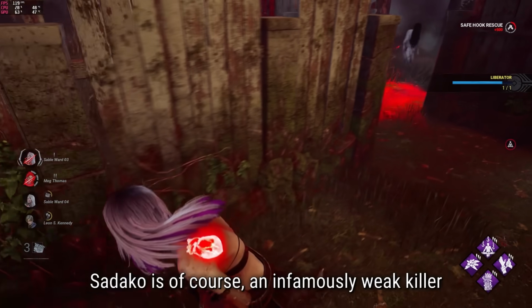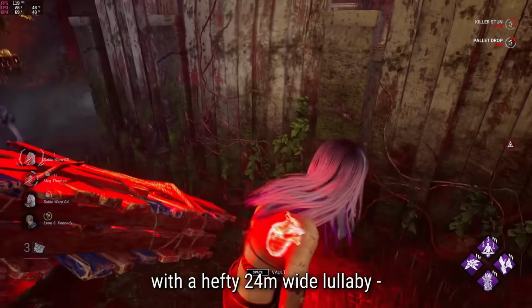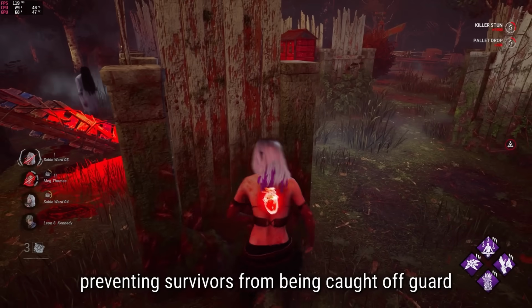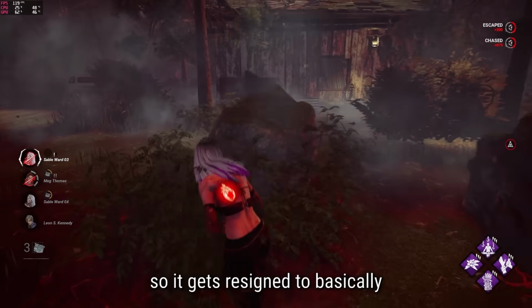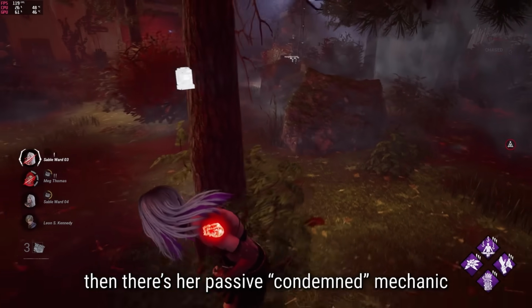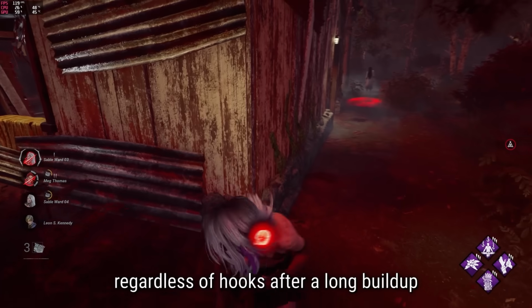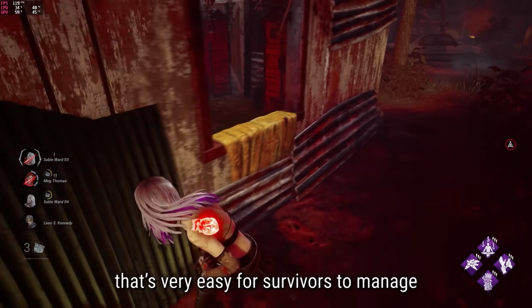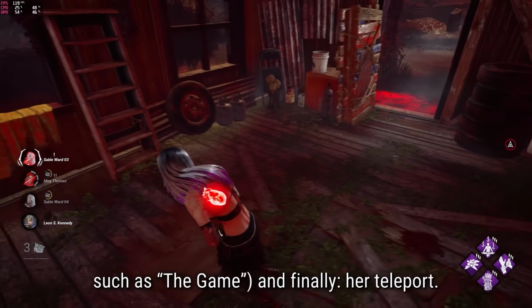Sadako is of course an infamously weak killer, being a quote-unquote stealth killer with a hefty 24-meter wide lullaby, preventing survivors from being caught off guard like they would with a Ghost Face for example, so it gets resigned to basically just being a mind game tool. Then there's her passive condemned mechanic, which allows her to mori someone regardless of hooks after a long build up that's very easy for survivors to manage, with the exception of a select few maps such as The Game, and